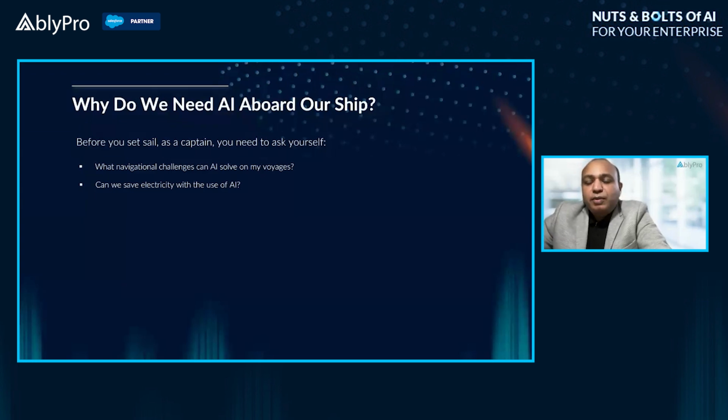Because as you know, a ship is a big entity, right? And there is a lot of space and it uses a lot of power. And there are passengers all across the shipboard, right? So based on AI, you can actually make sure that where there are more people, you provide them electricity. If you find there are fewer people there, you can switch your lights off, right? And it can actually help you save electrical costs. So that is one of the reasons you can implement AI within your ship. Then a lot of shipping companies nowadays are using face recognition technology, right?